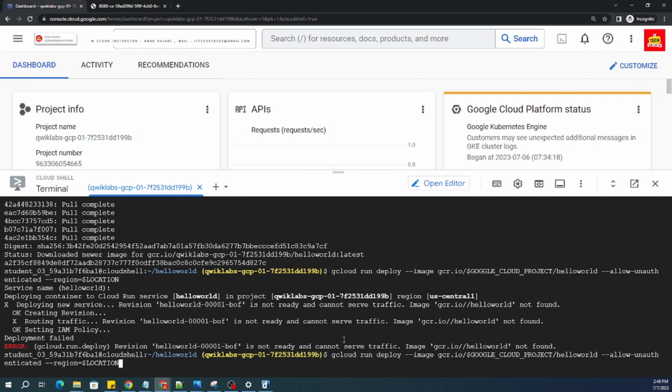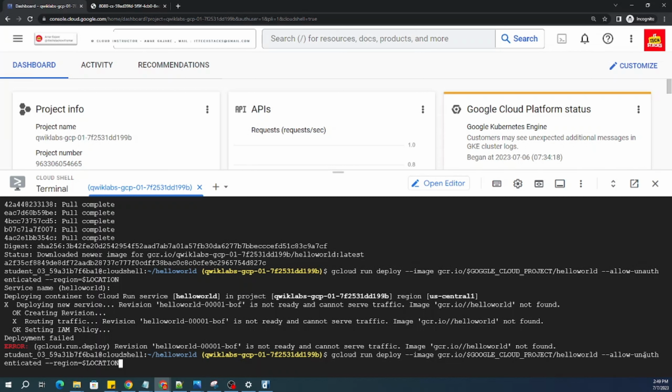You can see here, instead of Google Cloud project, I have typed Goggle. That's the reason it is unable to find the image in that specific location. So now I have corrected the command: Cloud Run deploy image, and I have provided the image path, which is Google Cloud project /hello world,